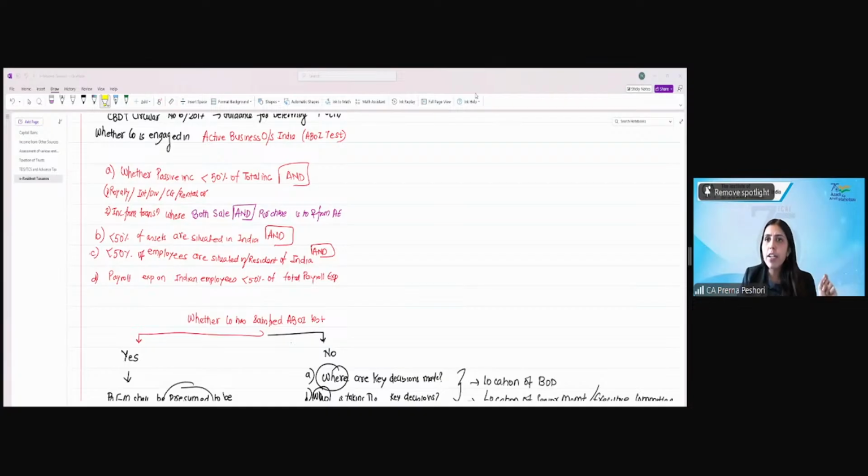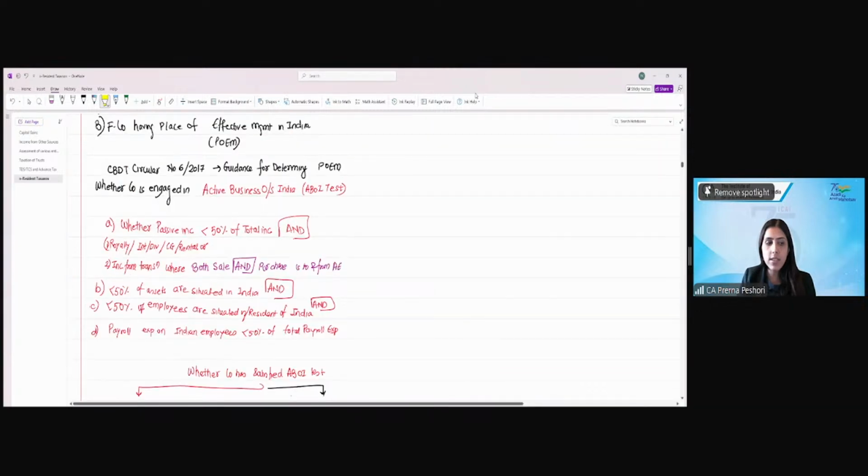So, if you have active business outside India, then as I said, it will be presumed that your POEM is outside India if the majority of the board meetings are outside India. If not, we'll ask you 2 questions. Who are making the key decisions and where are those key decisions being made? Yes or no? Is this clear? Yes, ma'am. Any question? Okay. Now,